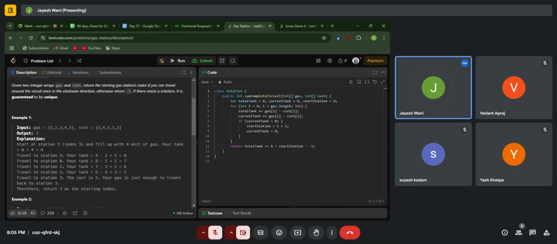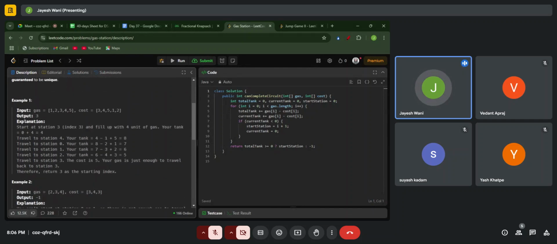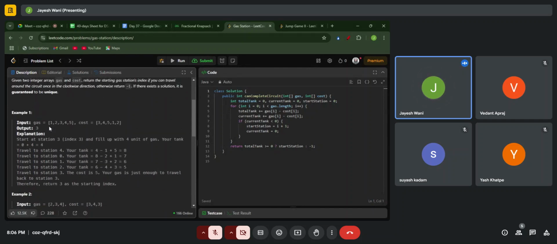So after doing this, what we can do is, for doing that also, as the length of the gas and cost will be the same, we need to travel this at least twice, right? So if you can see,